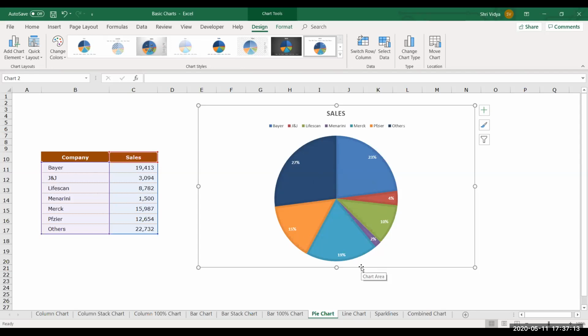There might be many series like this that you are seeing currently, that is 2%, 4%, 1%, or 0.5. When we are plotting them against bigger values, they become almost invisible in your chart. When you are showing really huge data, a few series will not be visible at all.